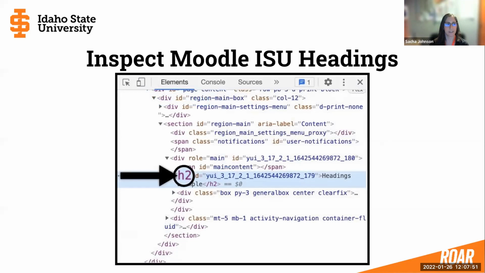So this H2 that is highlighted here is a tag for a heading 2. So this particular text that we inspected is formatted as a level 2 heading. So the next heading you would use would be a level 3 heading, which is the large heading in the